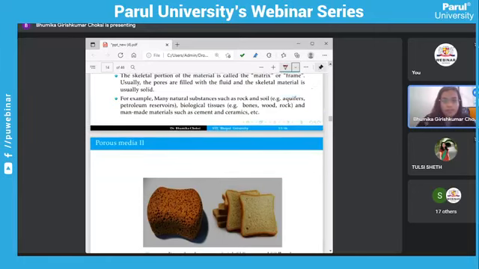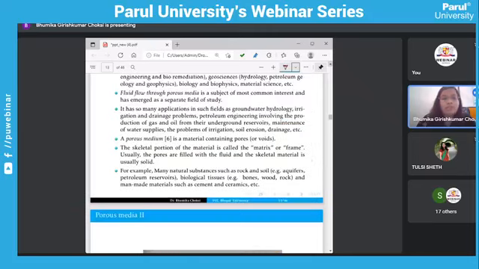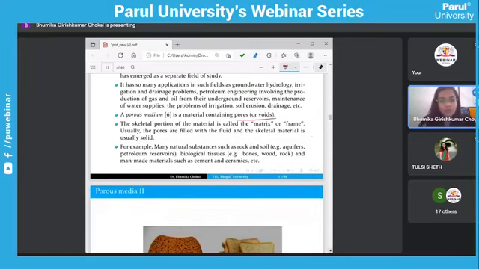So in this porous material, I need these two words. I'm not going to explain everything authentically. I'm just giving you the main concept. I'm not reading the authentic definition. I'm explaining the concept to you. Okay, you can find all these definitions online and in my research papers also, but I'm just giving you the main concept. Okay, so a porous medium contains pores or voids, and in this,